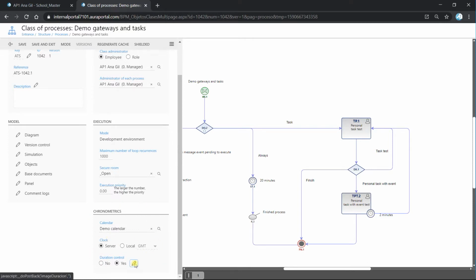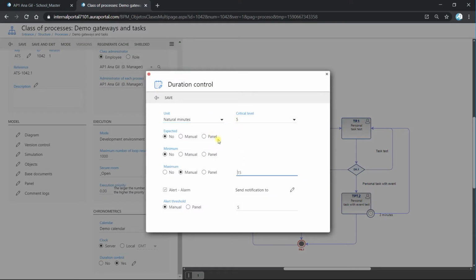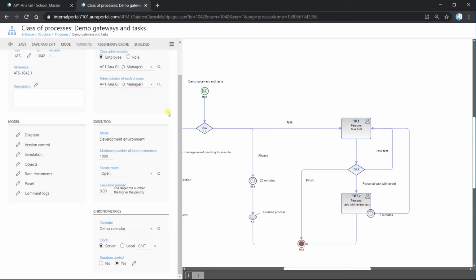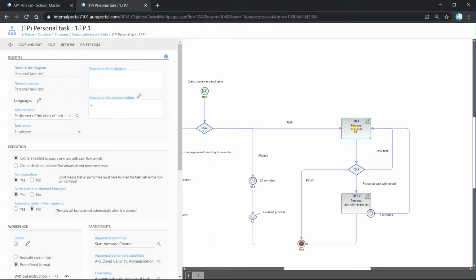Okay? So let's go and change a few things. Because here we have it 15, but we are just going to change it to 5 and the alert to 2. Save. This is the control duration for the processes of this class, but we can also add duration control